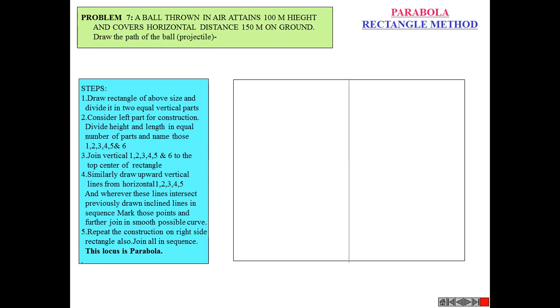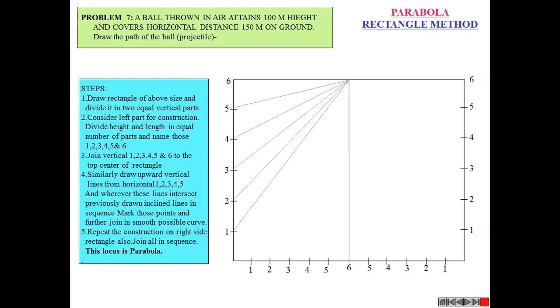I won't be explaining each and every term because we have taken a good amount of time when we discussed everything. So what is the rectangle method? We take the whole rectangle, which is the size of the major axis to the minor axis, and we divide it into half. Then the vertical line and horizontal line are divided into an equal number of parts. Then it is named and joined in such a manner. The same thing is carried forward on the right-hand side.